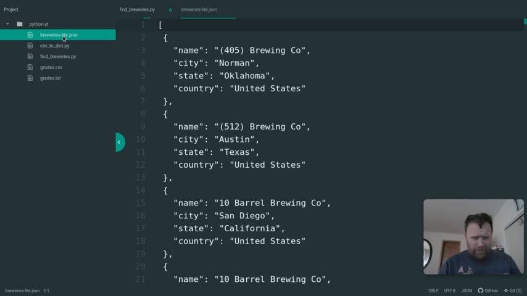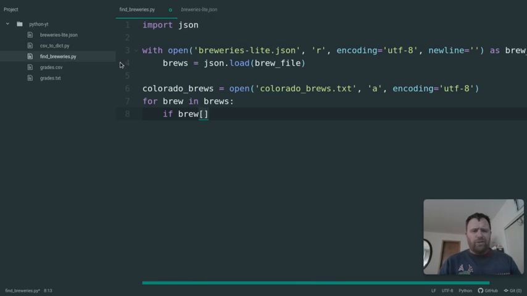So if we look at the breweries.json, we've got name, city, state, within what this is all going to become a dictionary. So we want to access the state and set it to Colorado. That's what I care about, rather. You can do whatever state you're watching this in. So we'll say if brew state double equals Colorado,